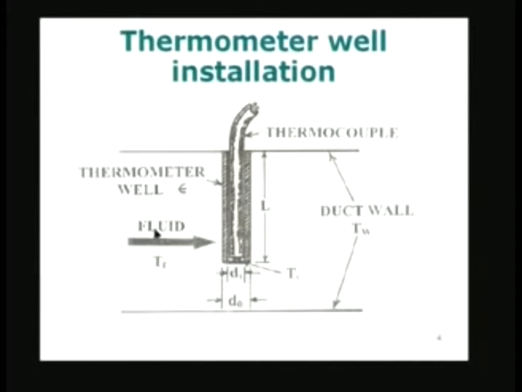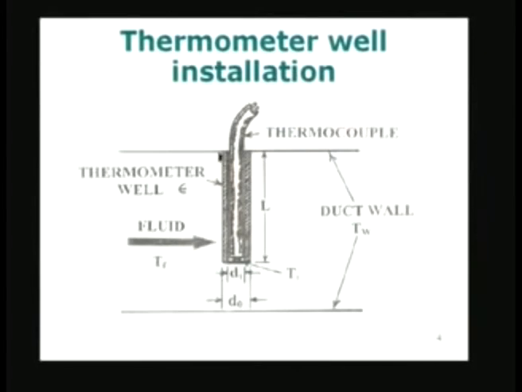The fluid which is at a temperature, let us say higher than the ambient temperature and the temperature of the wall which is shown as Tw, is going to flow past this well and dump some heat into the well if the well is at a temperature lower than the fluid temperature. So again we are talking about some temperature gradients existing in this. Why do the temperature gradients exist? Because the well is connected to the wall of the tube or the wall of the duct, and if the wall of the duct is at a temperature different from the fluid temperature, let us say in this case less than the fluid temperature, obviously there is a temperature gradient along the length of the well.